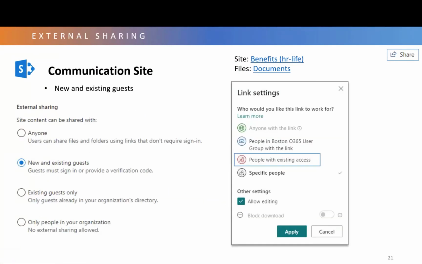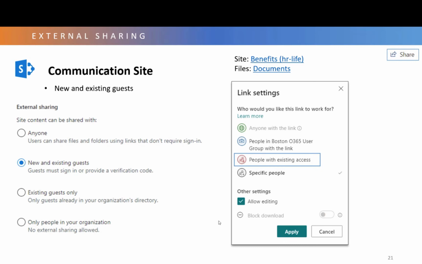I mentioned earlier, I sit down with the users. Usually, if I get the chance to meet the site owner before they order the site, I'll talk through the security of the site. A couple things I talk through is, do you want to have guest users? Usually, I work with communication sites, so the answer is yes. If it's a private team site, it's no. Existing only people in your organization. So these are the two big ones.